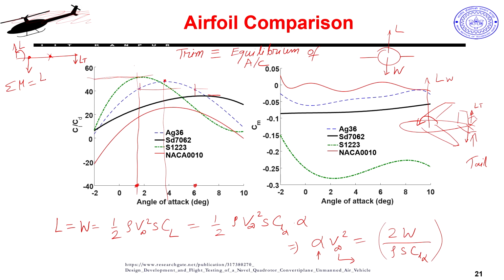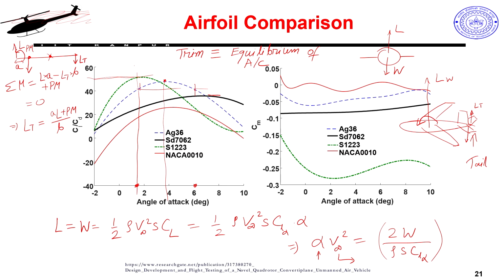So, I have L into this distance, say A, minus this L_t into this distance, say B, plus this pitch moment. So, pitch moment, right, this would go to 0. So, now to achieve this I can see that my L_t would be equal to A L plus pitch moment divided by this B, right, simple equation.